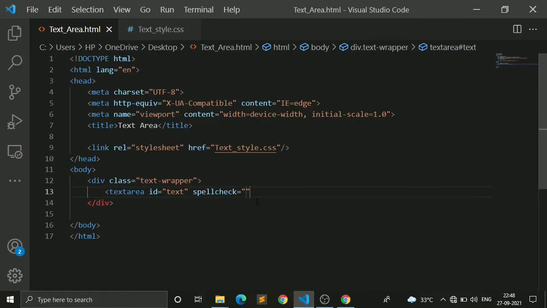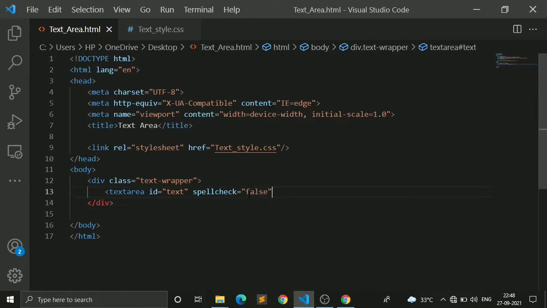There are two values for it. You can write here true if you want to check your grammatical error or spell check, but in this case I don't want to check my grammatical error and spelling, so I am giving it as false. Yeah, it is okay.